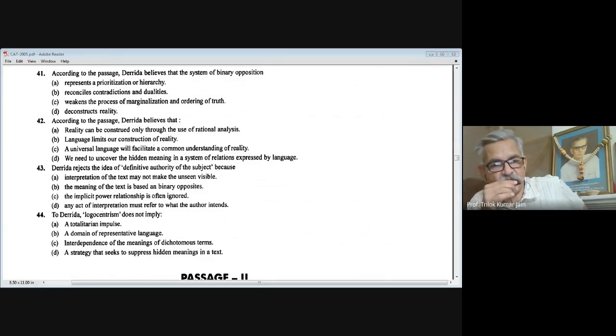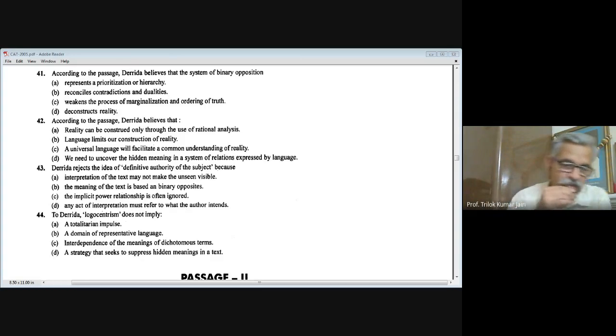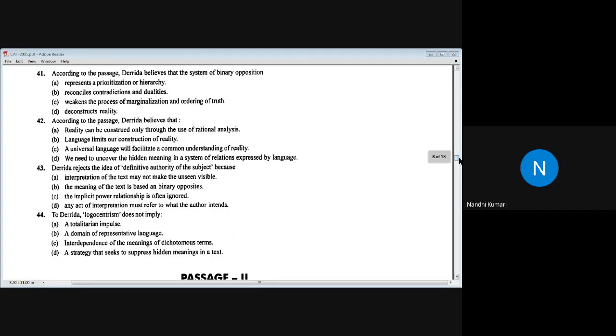So thank you all for participating in trying to attempt this paper. This is an actual paper of the Common Admission Test, CAT, 2005. If all the questions that you attempt here, you are able to give correct answers, probably you can score as high as 99 or 100 percentile in the English section. So this is one attempt for you. You can check your progress and you can prepare yourself. Okay, sir.